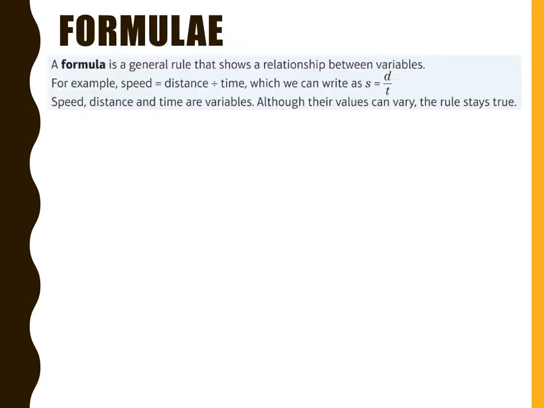Okay, so the other subtopic is formulae. A formula is a general rule that shows a relationship between variables. For example, speed equals distance over time, which can be written as s equals d over t. Speed, distance, and time are variables. Although their values can vary, the rule stays true. So this will always be the same: speed equals distance over time, even though the values can be